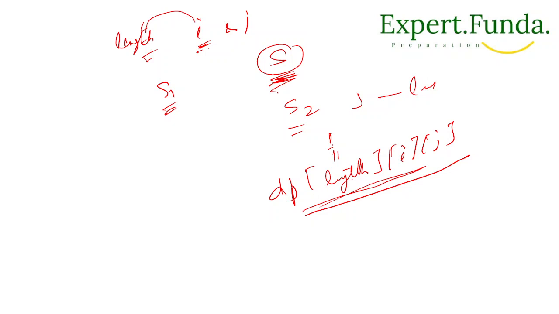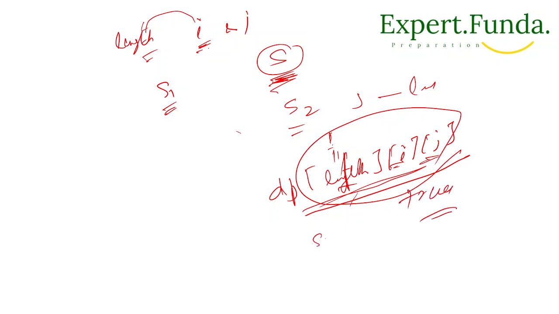Let's suppose this is now 1, so dp of i and j is true. So we don't need to compare s1 i and s2 j. Got it? Otherwise, what we will do